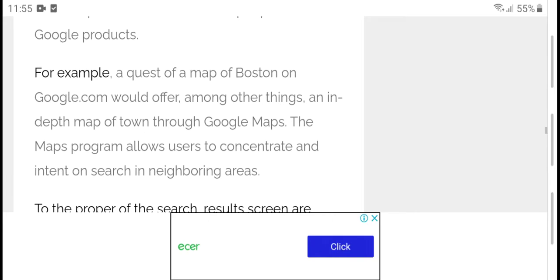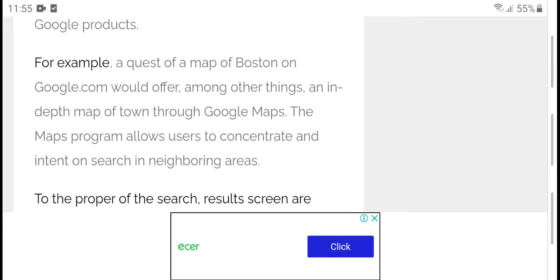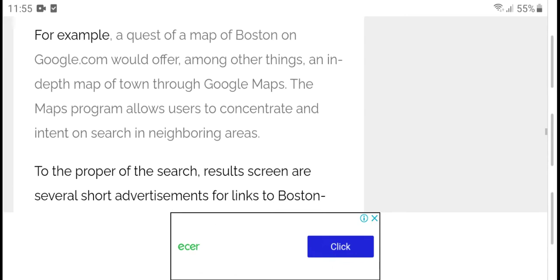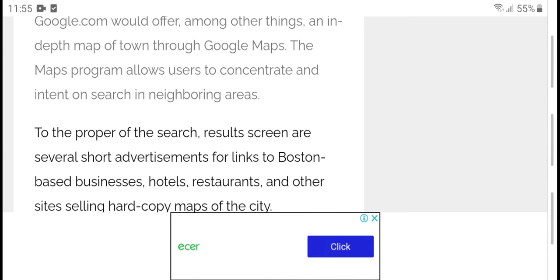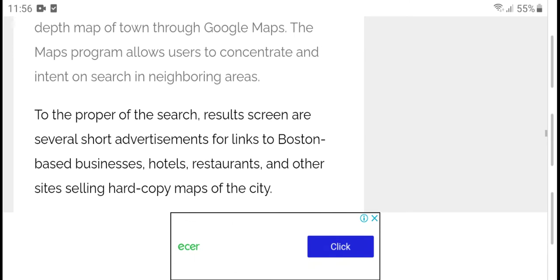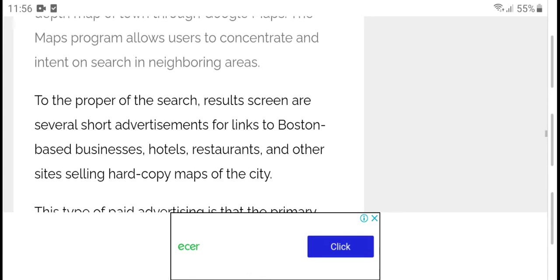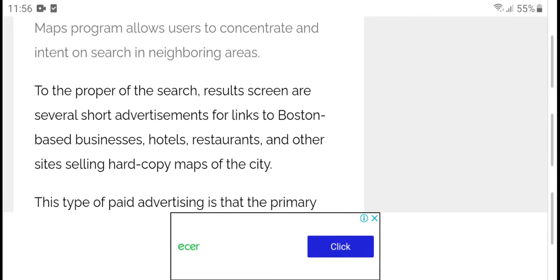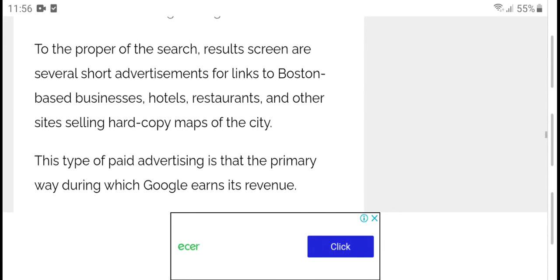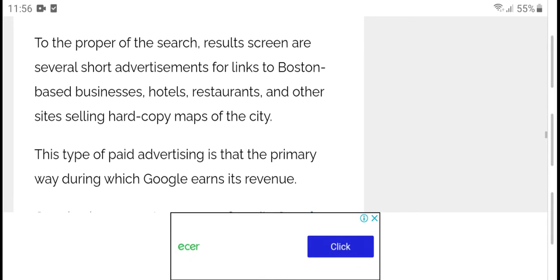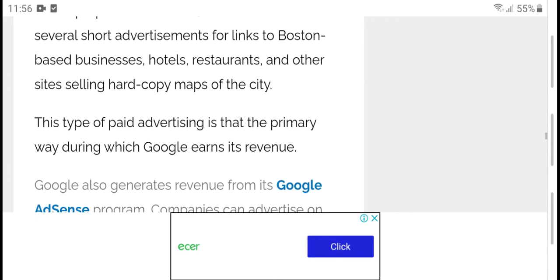These maps allow users to search and show the top popular search results, with short advertisements following posts for businesses, hotels, restaurants, and other sites selling hard copies of city maps. That type of paid advertising is the primary way Google earns its revenue.